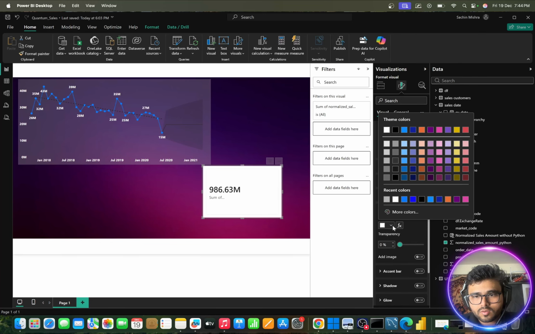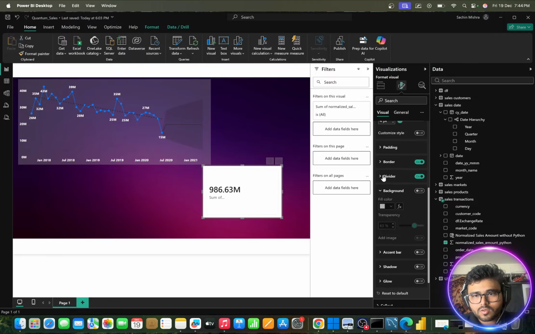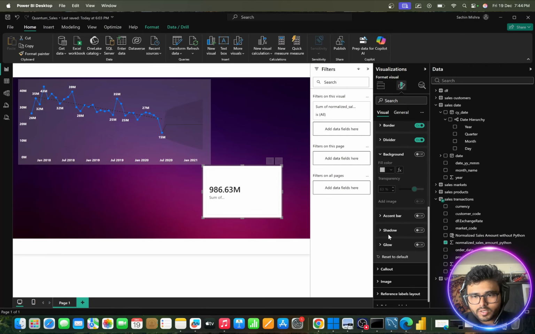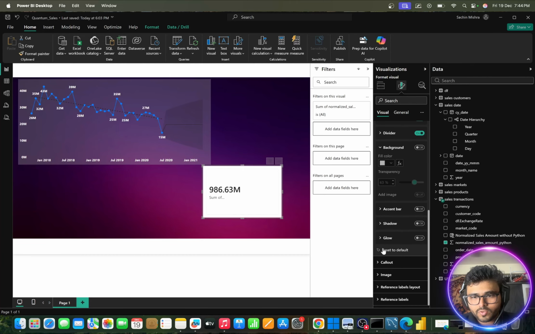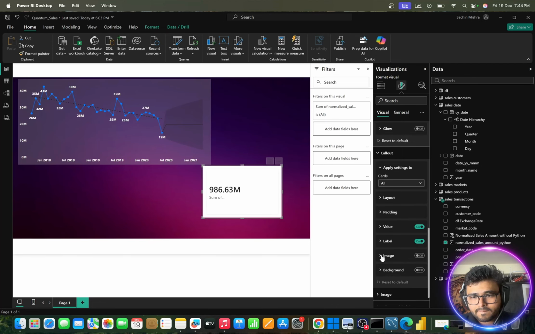background, this thing, and let's increase the transparency, or you can okay, background is fine, let's turn off this background. What else we have, accent bar, shadow, glow. Let's go to callout, and from callout